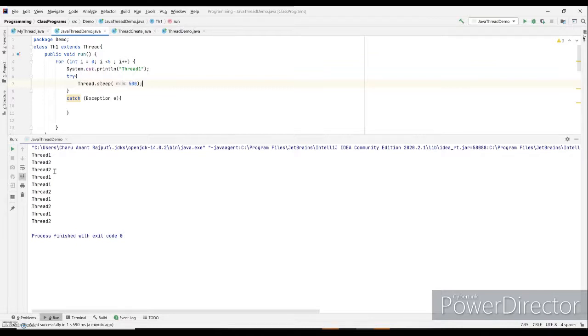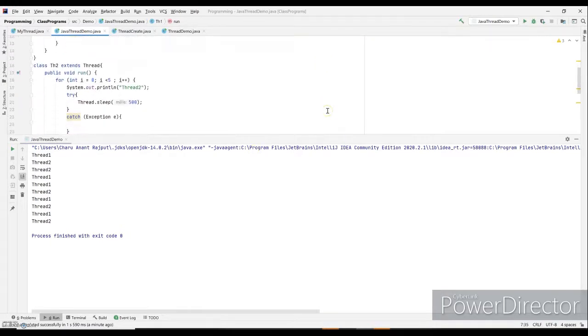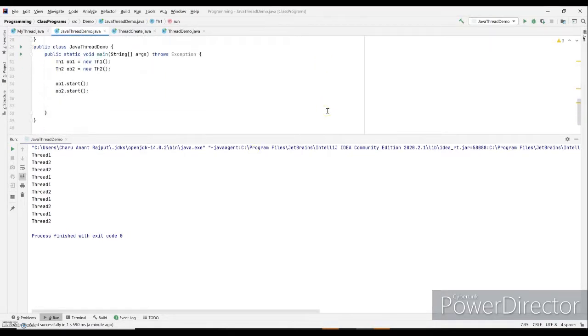Since both of the threads have not been assigned any priority, there is no question of executing one thread before another, and therefore the CPU adopts a random approach and would randomly give its utilization to any of the threads. This is because both of the threads are executing and approaching the CPU at the same time.